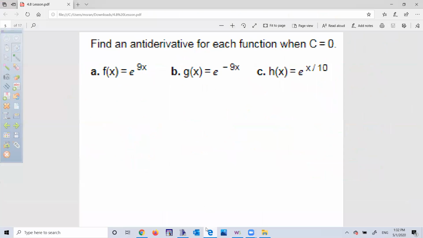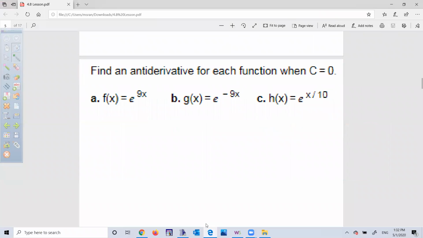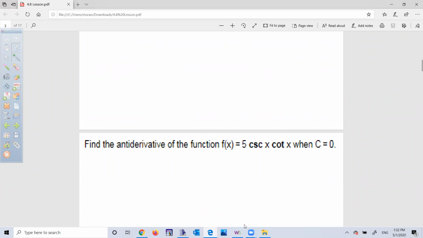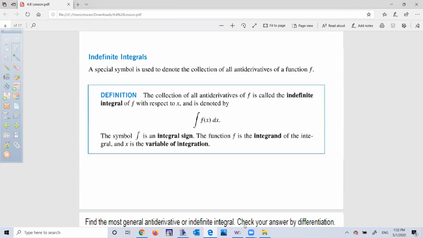The next problem. Okay. So up to here, look at the instruction: find an antiderivative. Everything that I was doing was the same instruction. Find the antiderivative of whatever when c is 0. The next type of problems we're going to do, you're doing the same thing. It's practically the exact same thing. What's the difference then? The difference between the problems that I just did and the ones that I'm